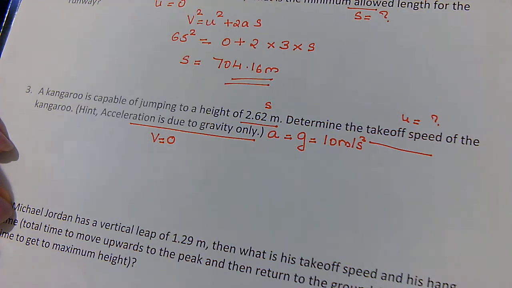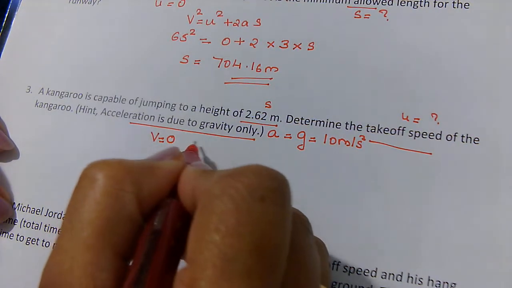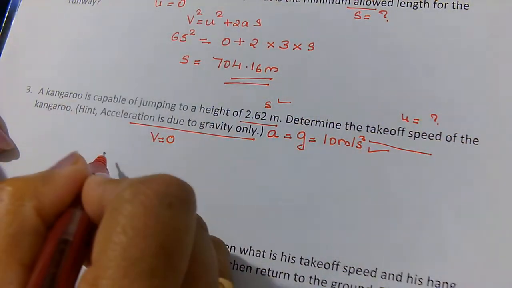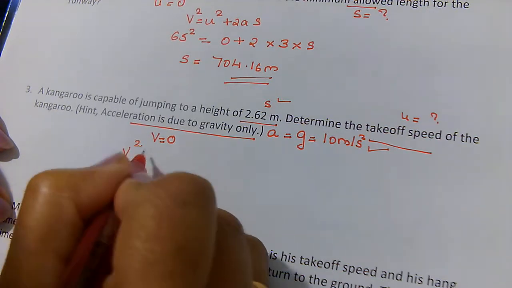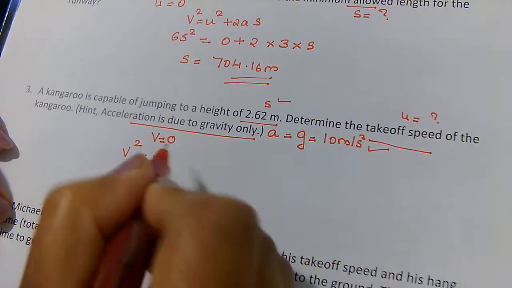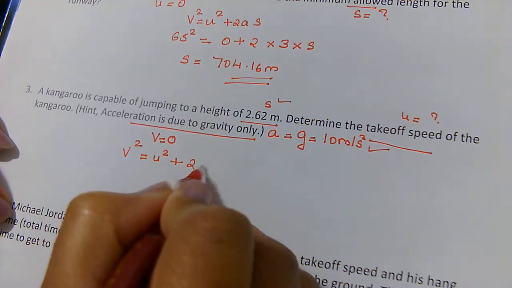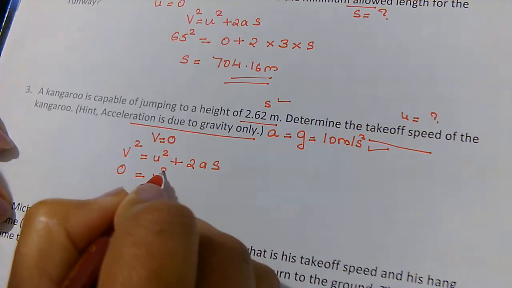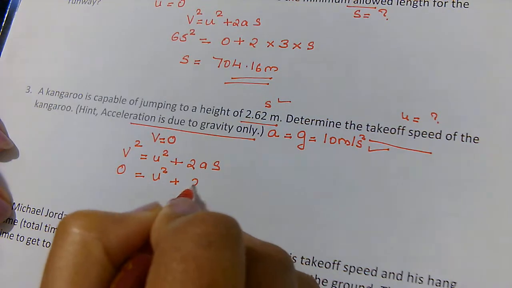You need to assume that v is 0. So you know v, you know s, you know a, you need to find u. Again, our equation is v squared equals u squared plus 2as. v is 0, u is what you need to find out, plus 2 times